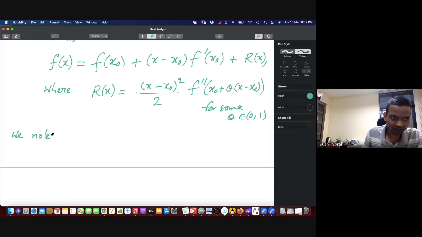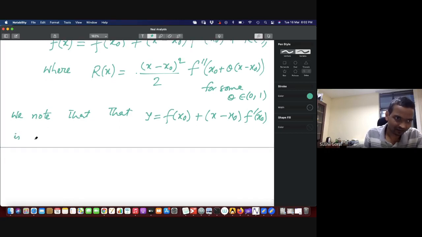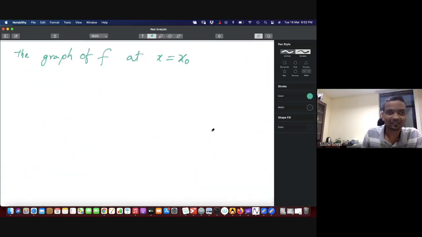We note that y equal to f of x naught plus x minus x naught f prime x naught is the equation of the tangent line to the graph of f at x equal to x naught, right? So this is the tangent line. If you draw the picture,